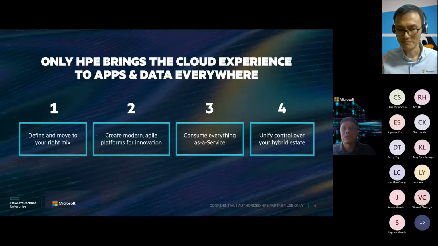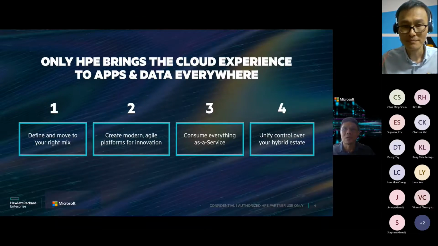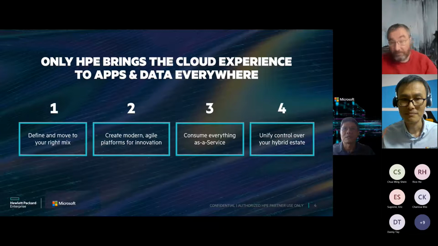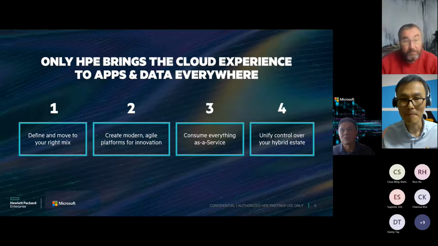The first one is to define and move to your right mix of clouds with an approach that is open to any cloud, anywhere, with the expertise to help you find the right mix of clouds for your enterprise. And secondly, to create a modern and agile platform for innovation, HPE will help you bring the cloud experience to your non-cloud native application that is slowing you down, hence enabling them to reach a modern cloud experience together with your cloud native application to achieve faster speed and agility as required and create a consistent